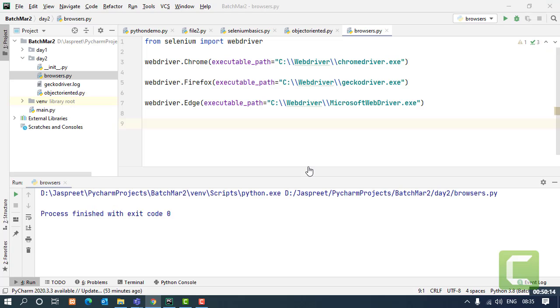Okay, these are the drivers. Now drivers are available with me. What is the next thing? Every time I want to open up the browser, do I have to give this path? The question comes up in mind, right? So the answer to that question is no, you don't have to give the path every time you are going to run it. No, not at all.